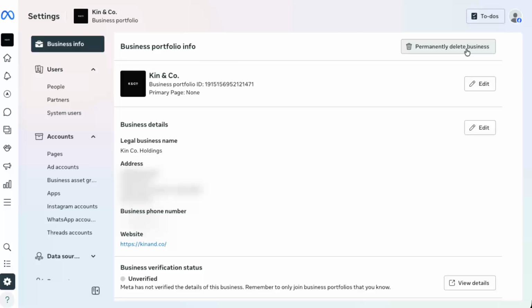And that's it. You've learned how to navigate to Meta Business Suite. Open your settings, find your business information,